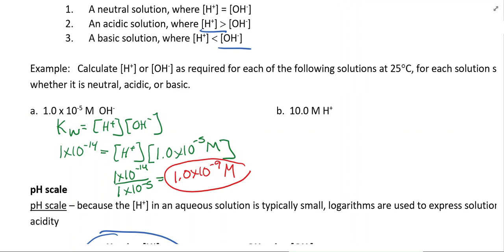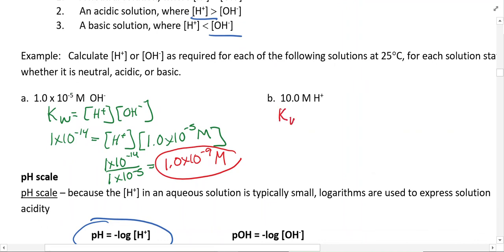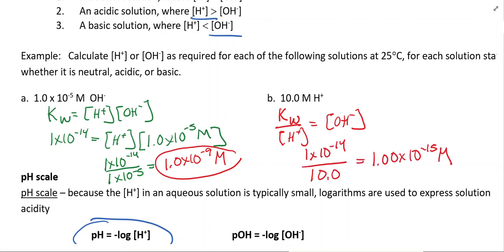And we're going to do the same thing for the next one, except we're going to be solving for hydrogen. So kW divided by hydrogen concentration will be equal to the concentration of hydroxide. So we're going to plug in the same thing. So we're going to get 1.00 times 10 to the negative 15. So you do need these zeros to be significant